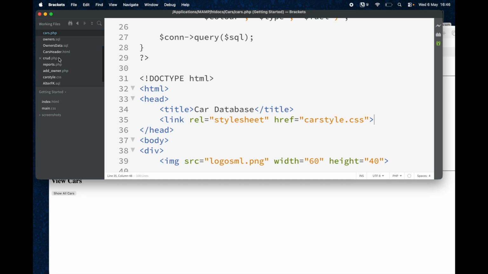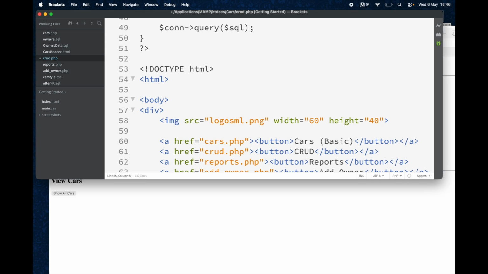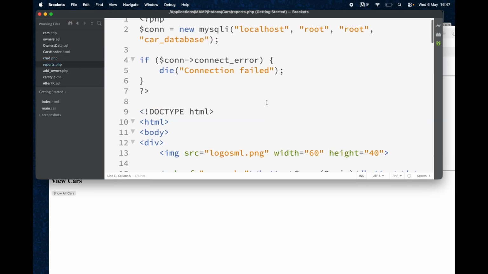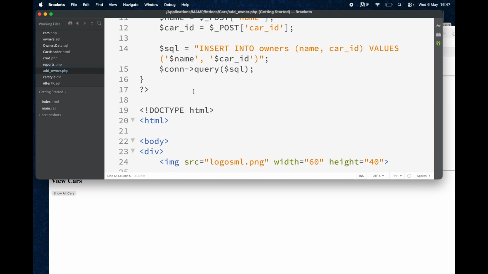So I'm going to go to my CRUD page, and in here I'm going to paste it here. Now it's not inside the head here, but it's still not inside the body, so it's still correct there. So I'm going to put it there. My reports page, inside the HTML but not inside the body. I'm going to put that there and save it. And my add owners page, inside the HTML, not inside the body. Now what I've done then is I've made all 4 of my pages link to this style sheet,